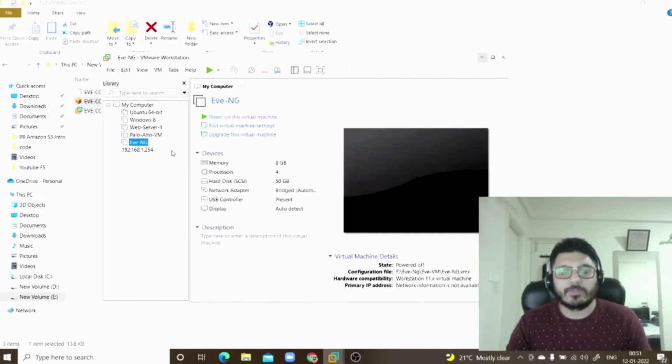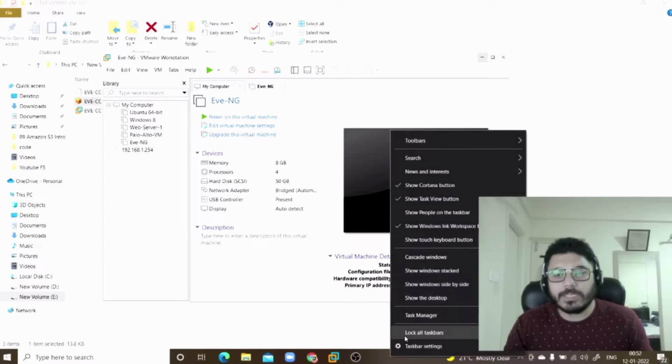To save that, I've already done it, and I have the imported virtual machine already in my workstation. Now, once you have this device, by default it is set to take 8 GB of your RAM and 4 processors and a 50 GB of hard disk. Now I know this 50 GB may be less depending on the type of devices you copy inside the EVNG, but this is the minimum requirement. So make sure that you have memory at least 16 gigs in your host machine and at least 8 processors,